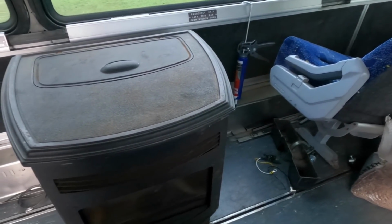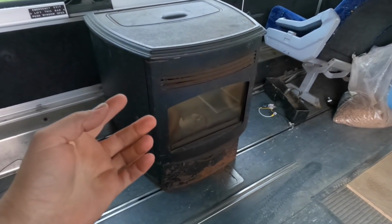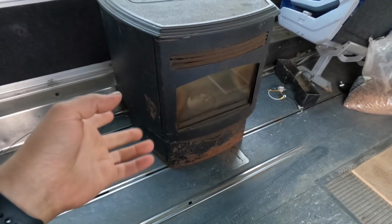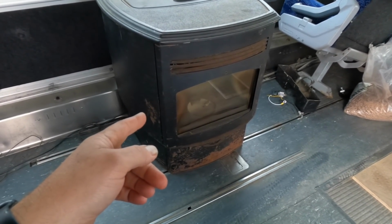Pellet stove's been working great though. This thing keeps it nice and warm in here. I've got one of these little Wyze cameras just peeking out up here. That's one of the battery powered ones. And that is so at night when I fire this thing up, because I like to preheat the bus for about an hour before I come out here, I can hit the switch to turn this on